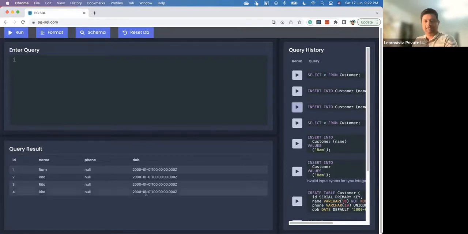So it got multiple values inserted with the same name. But yes, you see here the IDs are getting generated automatically. So this is how you insert the data, and now let's see what we can do. We can delete all the rows. So we can say delete from customer